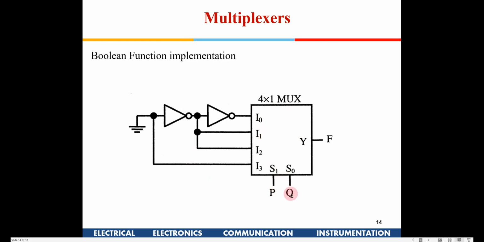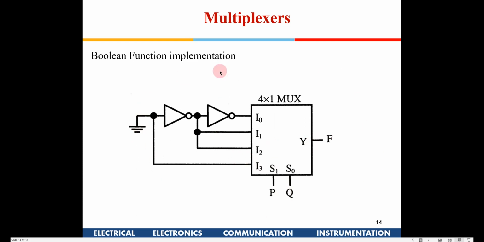Now if you see p equal to 0, if you give 0 0, what is going to happen? This line is going to get activated here. What is this here? This is coming from an inverter, and this is again coming from an inverter. So this is 0 1 0. So 0 is going to come here, right? If I give 0 1, it is going to be available from here. This is going to get connected. So this is 0 here and inverter 1. So 1. So for 1 0, this is going to be again 0. 1 1 is going. For the third one, that is 1 1, this is 0. So this will come here and this is going to be 0.